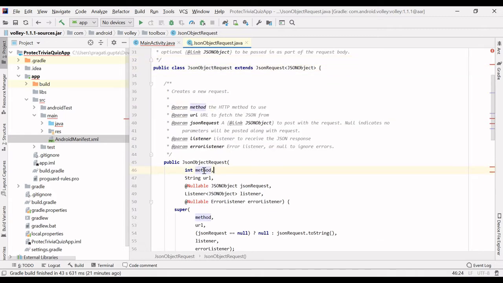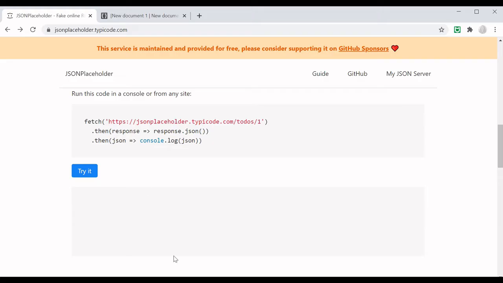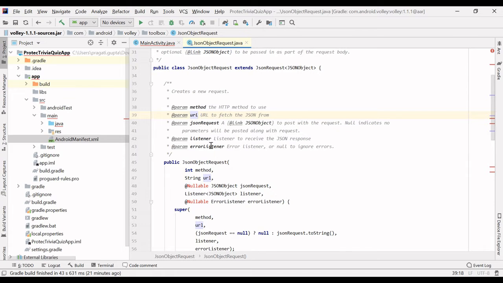For the first argument, we have to provide the HTTP method which we want to use. The HTTP method can be put, delete, post or get, anything, right? The second argument takes the URL, and this is our URL. The third argument is the JSON request, to post with the request.